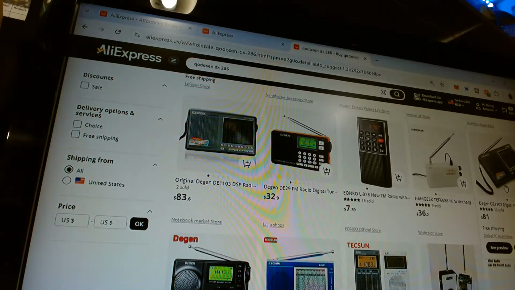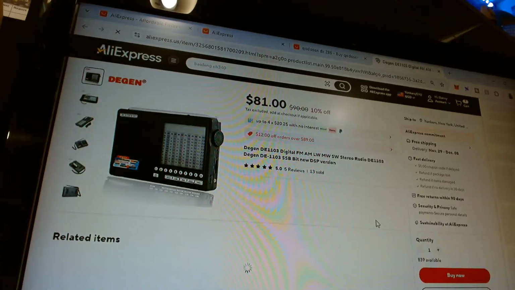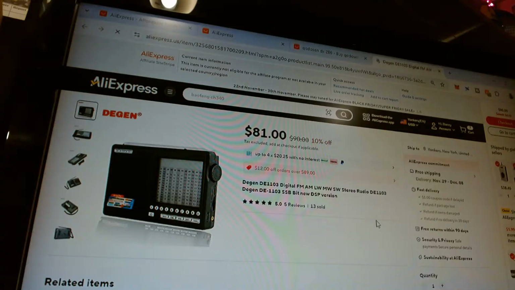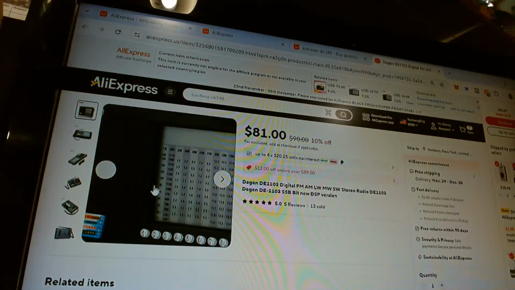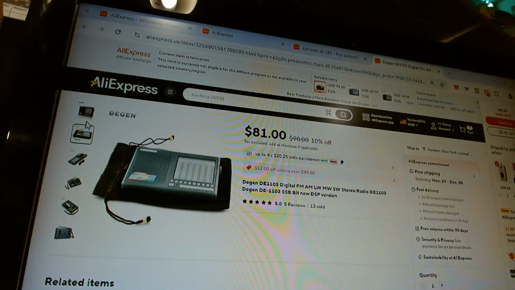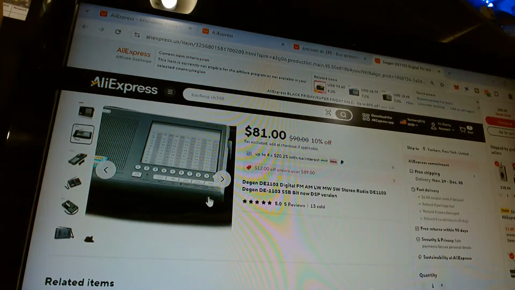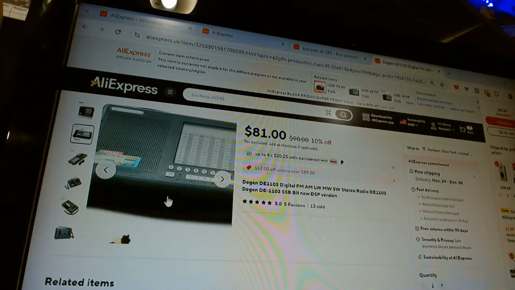The 1103 is a nice radio. That's a very nice radio too, but that's the DSP version. The DGen 1103. I heard even the DSP version is pretty good.